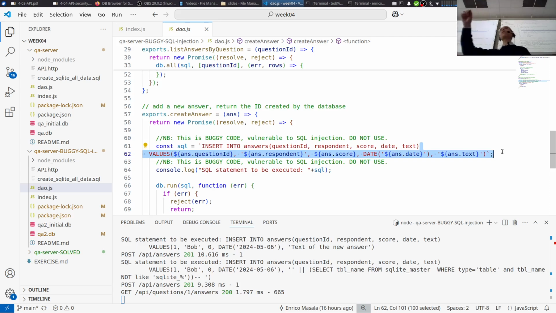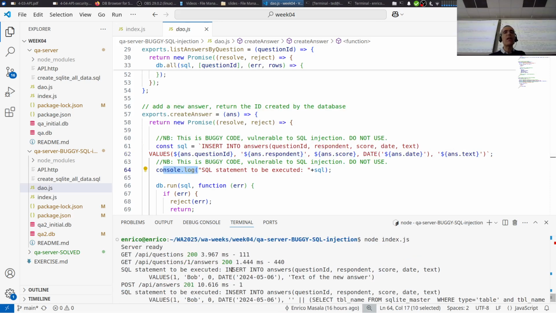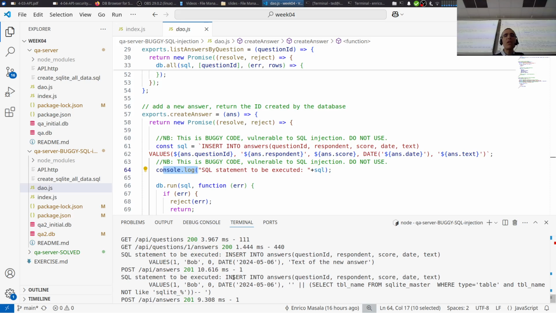I could have used the plus and so on to concatenate one string to the other. I mean, we don't really care about the method that we used. The point is it's not a parametric query, okay? So we constructed a string, which I also printed with console log just for debugging here, so you see what is going to be